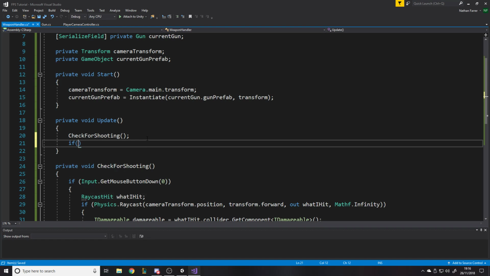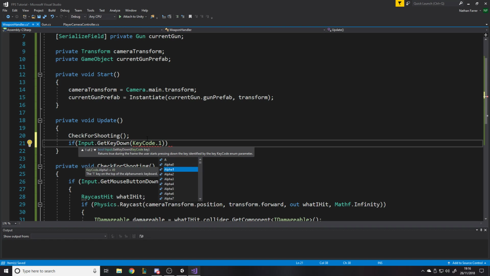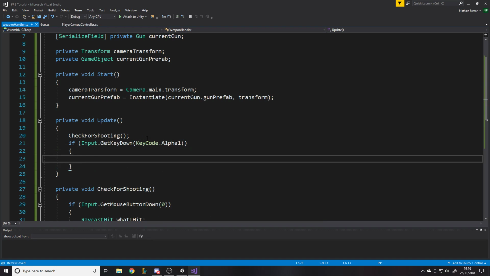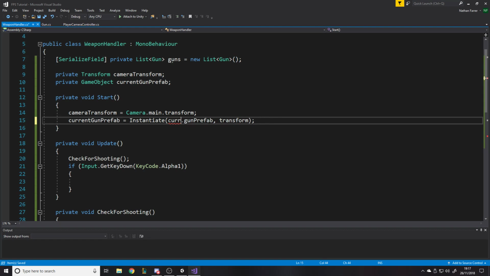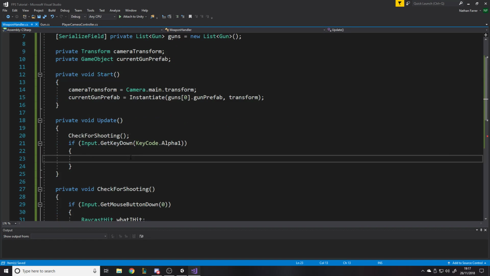So we'll just say if Input.GetKeyDown(KeyCode.Alpha1). Let's have a private list of type Gun called guns equals new list of type Gun. So we have a list of guns, and when we start, we'll just say current gun, we'll say guns 0. So just the top gun for now. And then when we press 1, we want to say